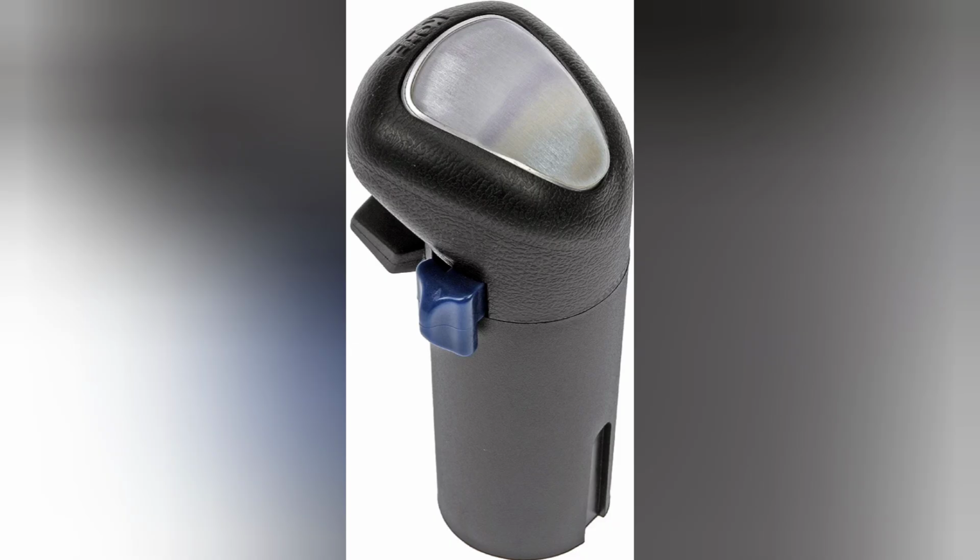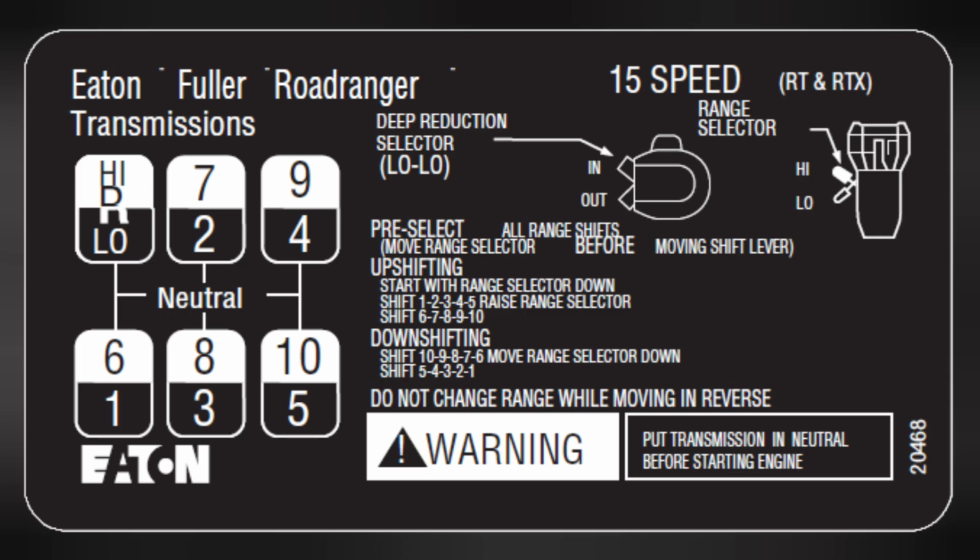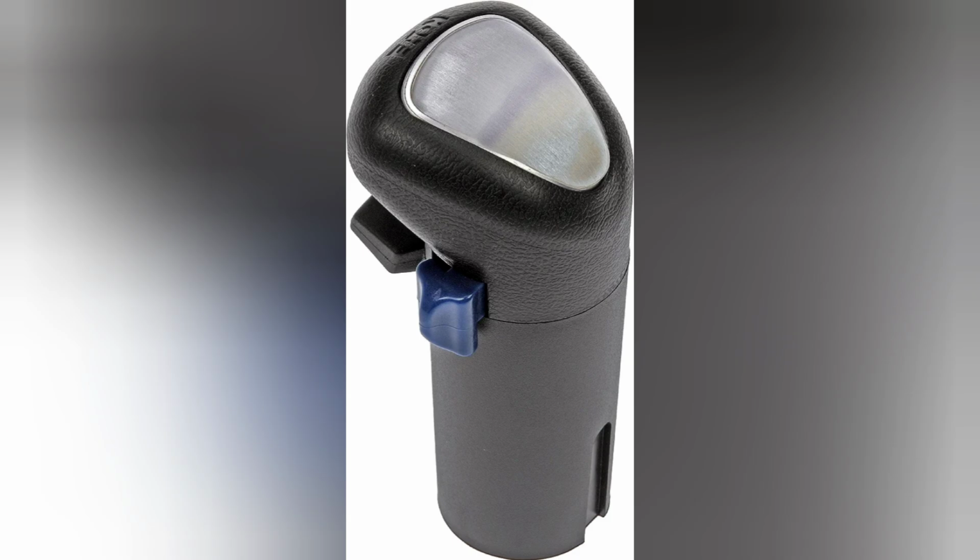Now the next one is the least common, unless you're doing real heavy hauls. Sometimes dump trucks will have it, or quarry trucks will have it, and that's a 15 speed. Now, I'm a little bit confused about this. I'm not entirely sure how it works, but from my understanding you go through the low gears just like a 5 speed. And then you switch to the high range to go through all the gears again like a 5 speed. And then you hit the splitter forward into high range, so you're in high, and then you go through the gears yet again like a 5 speed. And that'll give you basically the lowest gear ratios, theoretically, out of all these different transmissions. And it's identified with this blue splitter